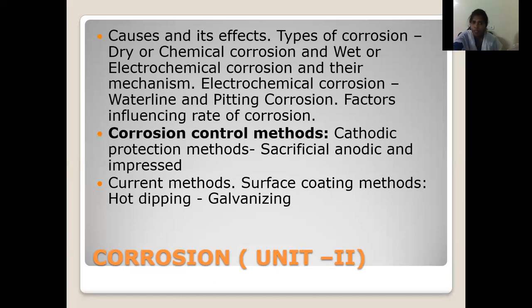In corrosion control techniques, that means how to minimize the corrosion, how to save the metal from the corrosion. Those are the corrosion control techniques. In corrosion control techniques, we are having around 2 to 3 techniques. One is the cathodic protection, that is impressed current cathodic protection, sacrificial anodic protection, and the galvanizing technique. Here, all these are the best techniques to control the corrosion of the base metal. Yes, these are the topics in the corrosion.